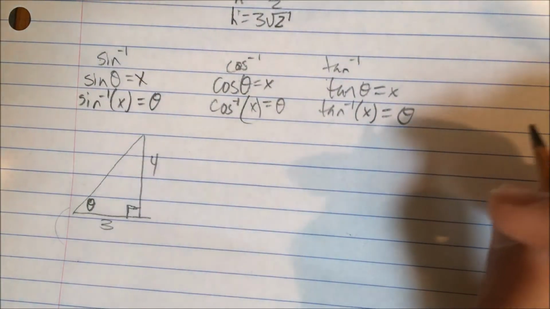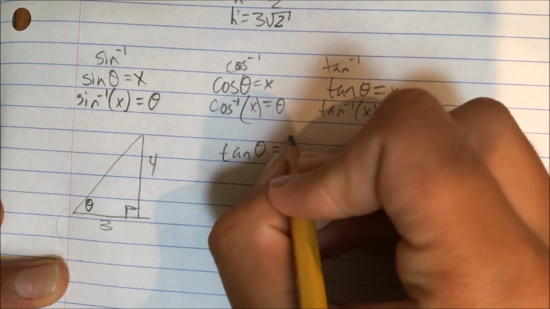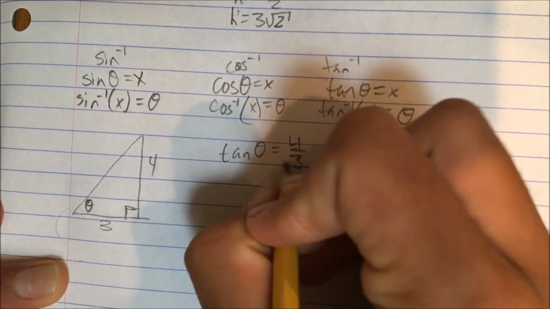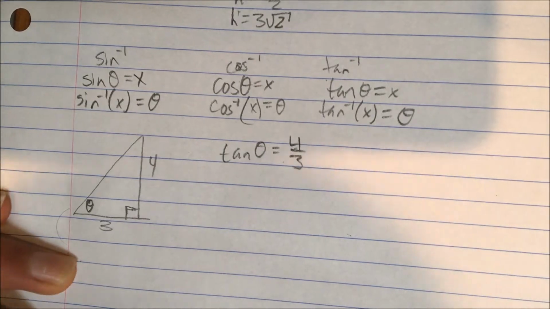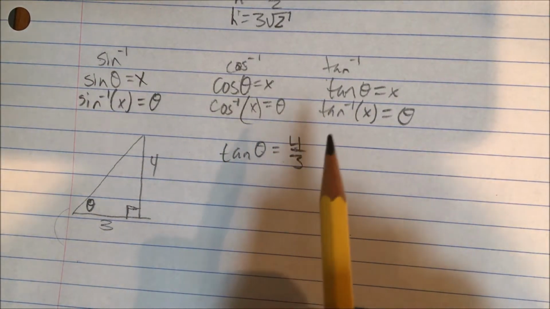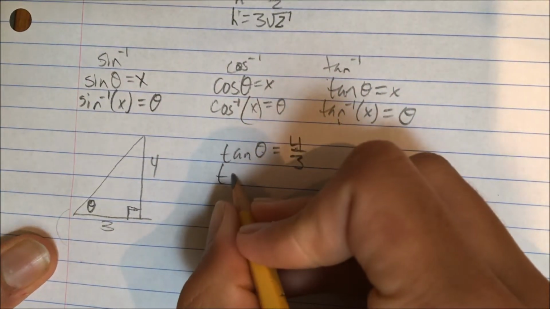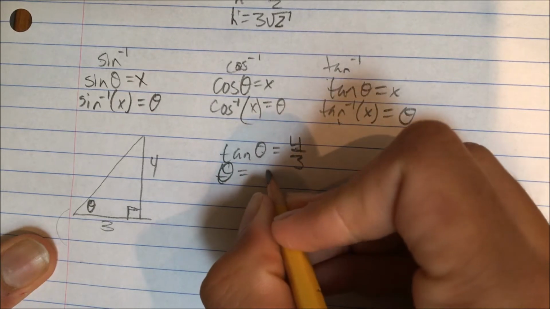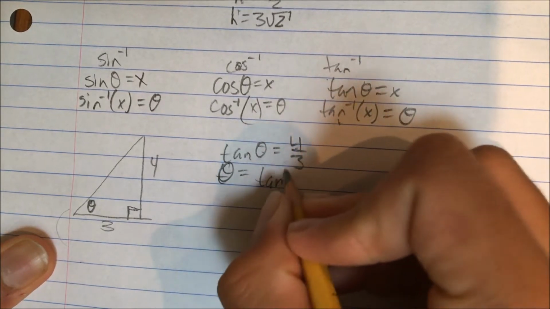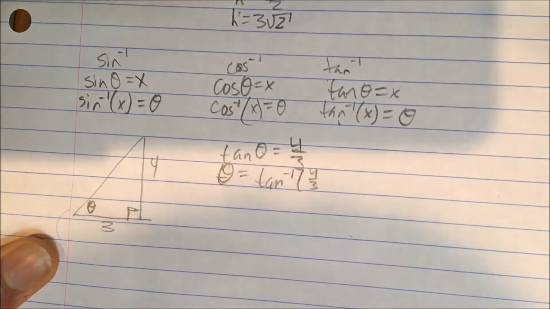What we can do is, we know tangent of theta equals 4/3. So in order to find what theta is, we can use the definition of arctan. So theta equals arctan of 4/3, and